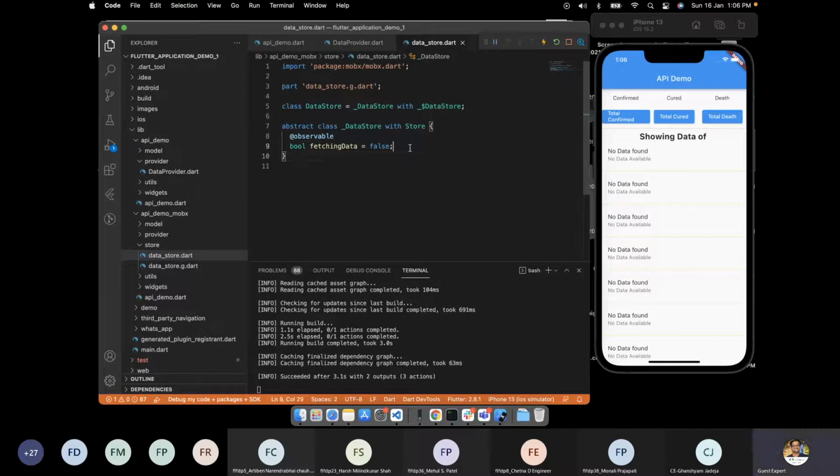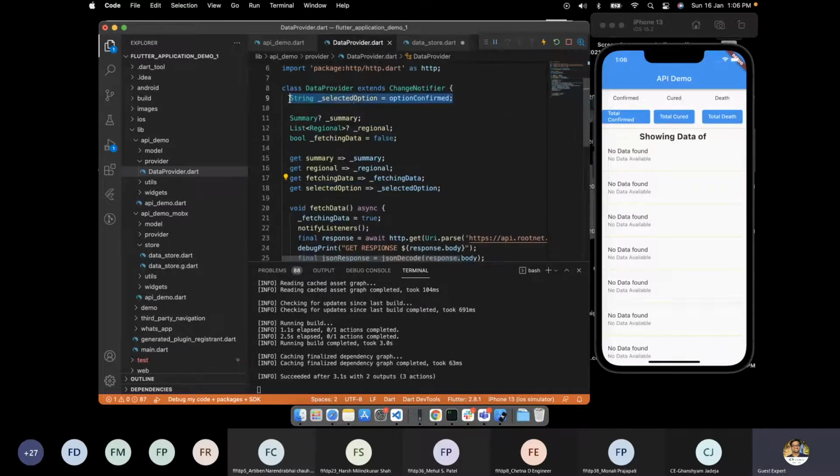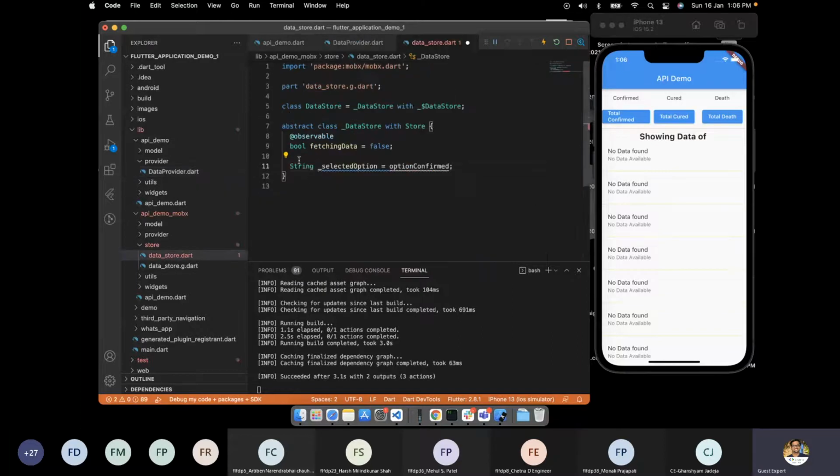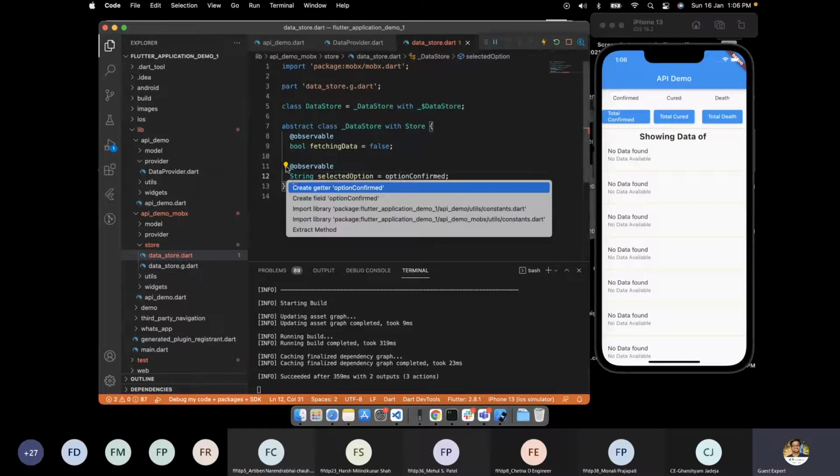So that's the observable. There is another observable that we have in the data provider, which is selectedOption. So let's copy it, let's put it here, let's mark it as an observable, remove the old one and save it. You can see something happens here.